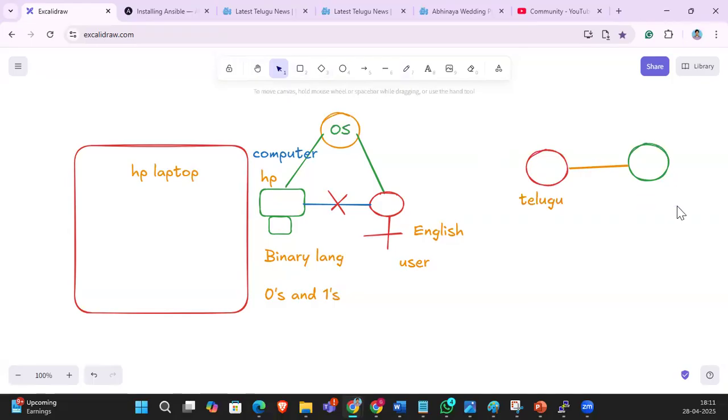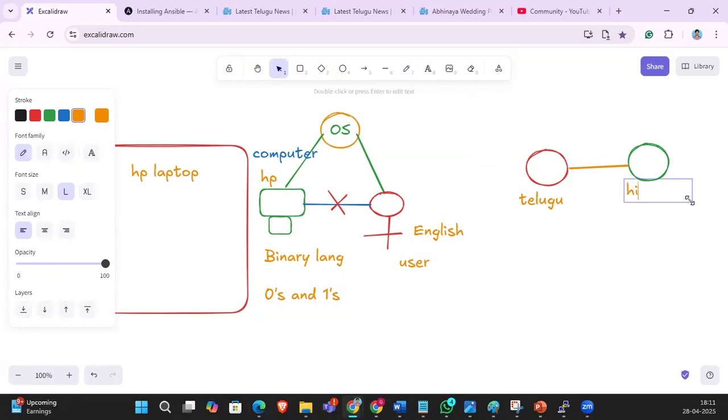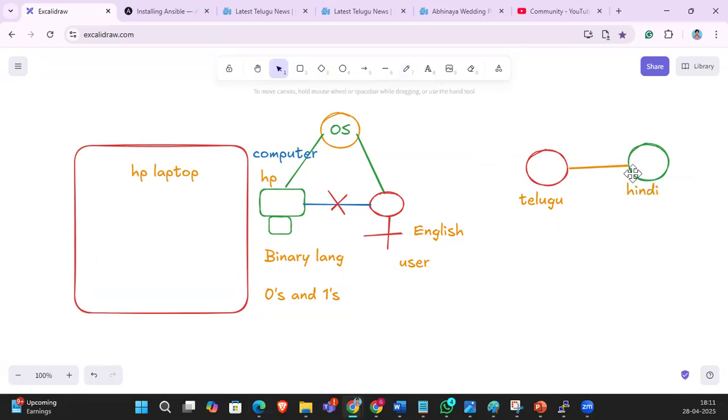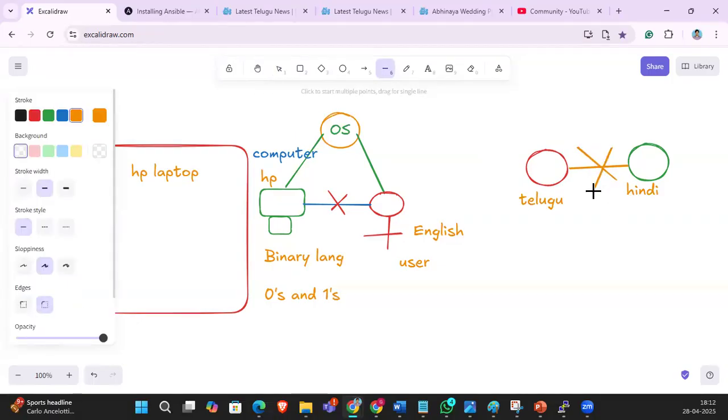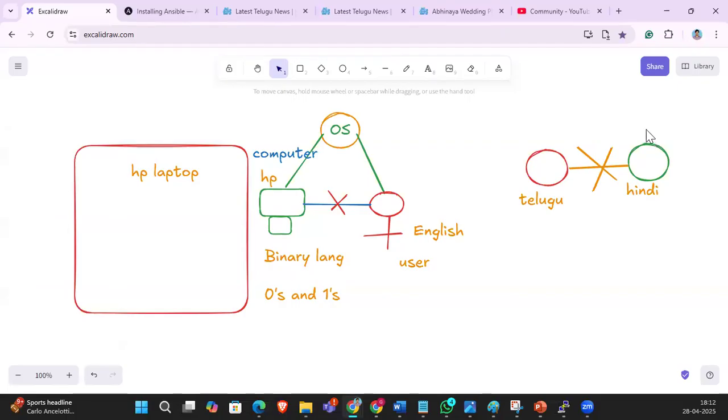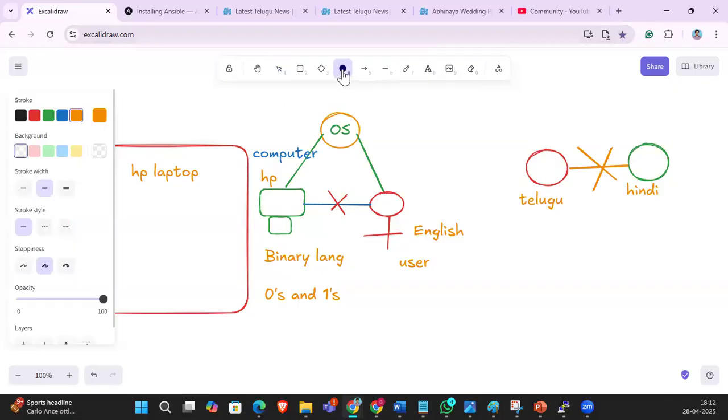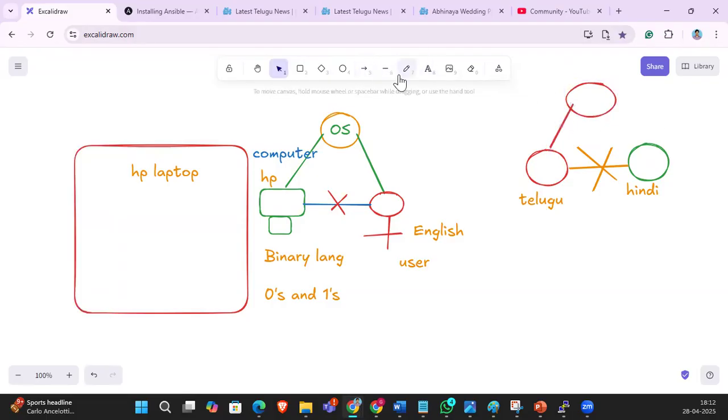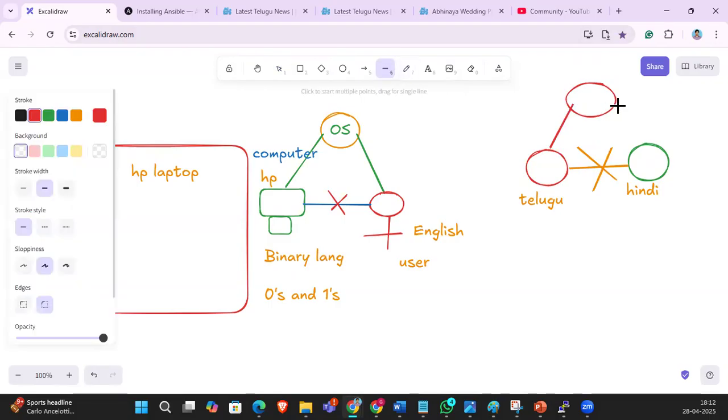This guy knows only Hindi language. So are you able to communicate with each other? No. Because Ajay doesn't know the Telugu language and Shiva doesn't know the Hindi language. So who is needed here, guys? Who knows both the languages? That guy is needed. Who is that guy? Hari is the guy. Hari knows both the languages, right?